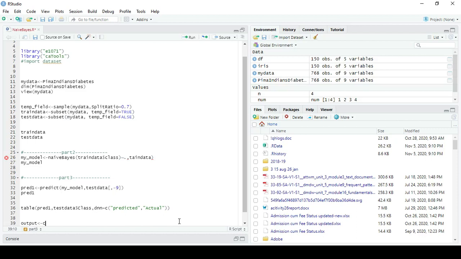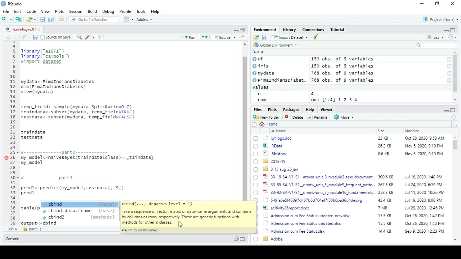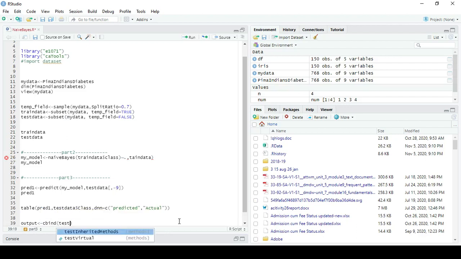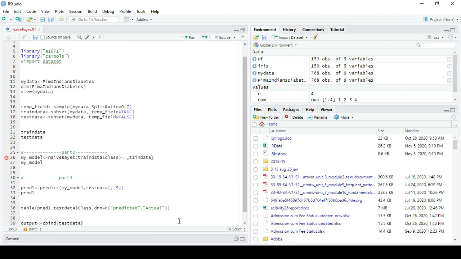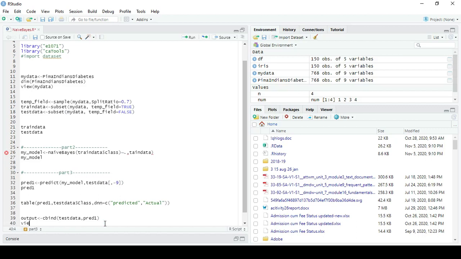C bind test data, predict 1. View output.